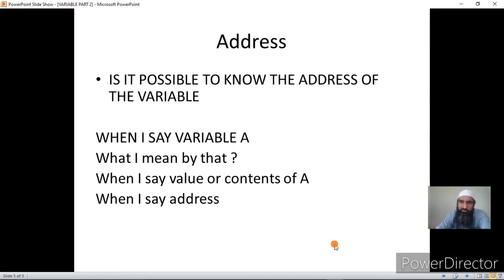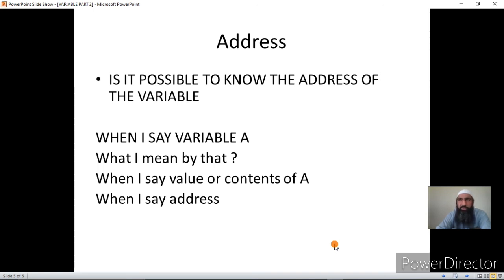Accessing a memory location means storing a value into it, that is writing a value into it, or reading a value from it, or retrieving a value from it. So accessing a memory location means performing a read or write operation on the memory. You should remember this is a technical word, accessing a memory.